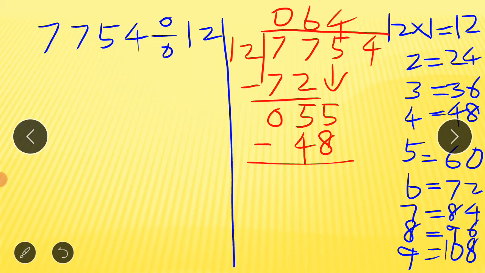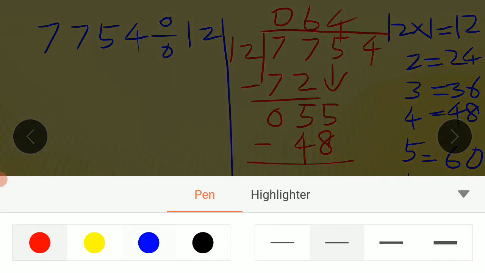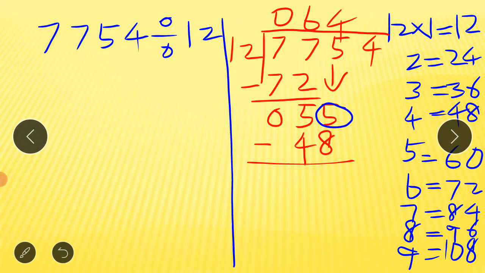So now subtract from 5. From here only we should do. Don't go 5 minus 4, 1. Don't do like that, it's wrong. Go from the right end. Start from the right end. So now from 5, can you take away 8? Is it possible? No. From 5, we cannot take away 8.